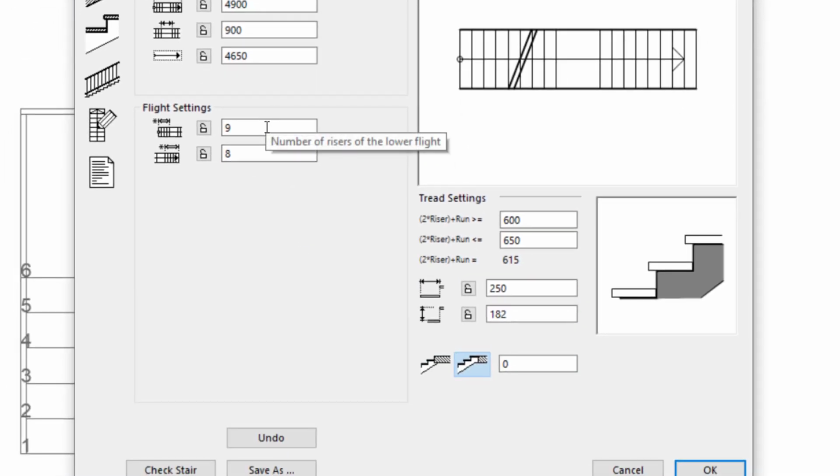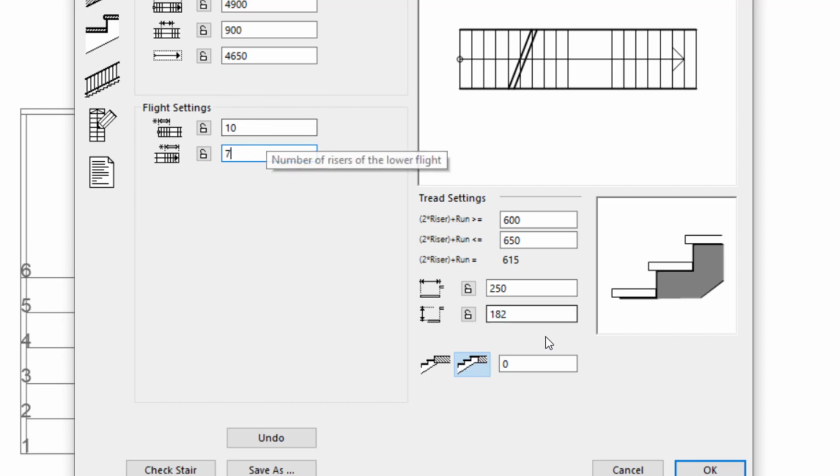Now by default you can decide the total number of risers that you want to use. If you want to use 10 risers on this part, that's fine. If you want to use 10 risers on the downside also, that would work. Now notice that if I change this, the other one will change, because by default the staircase settings are automatically defined using the height of the riser that you want to use and the length of the tread that